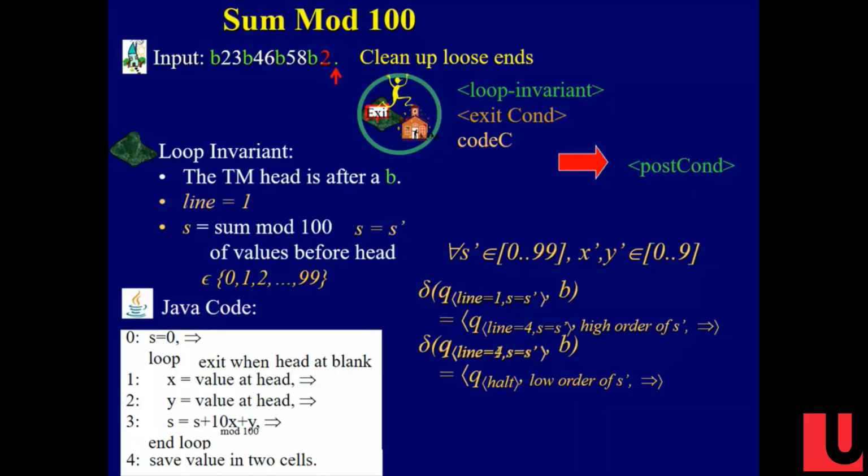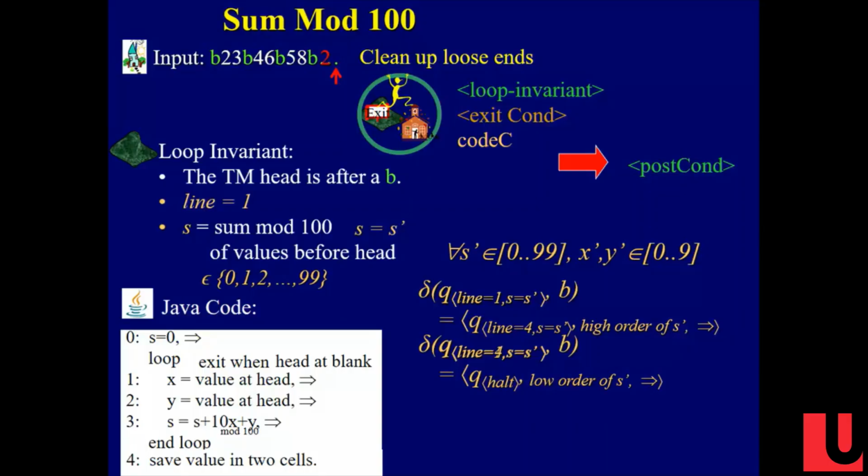The blanks. Right. The answer. In a formal Turing machine, when you halt, the answer is supposed to be here. So what would the postcondition in this case be? Well, we leave the input and we write the answer at the end. That's the output. If you wanted to be formal, if you wanted the output to be just the digits, then you would have to erase the entire tape by putting blanks in it, and then write the number at the beginning.